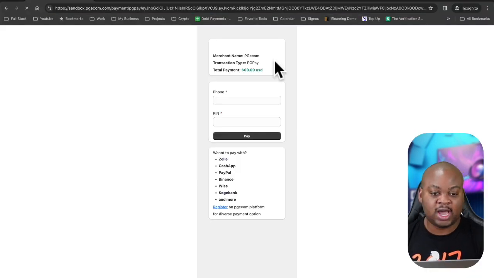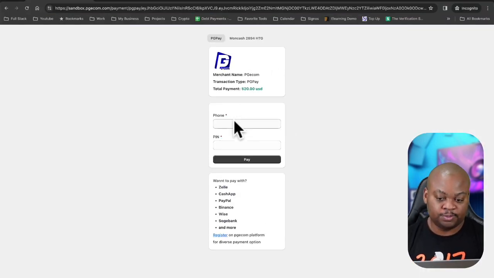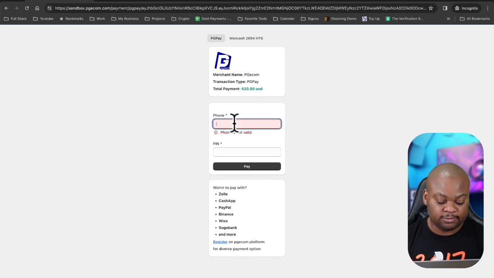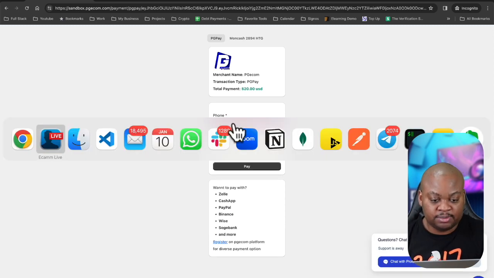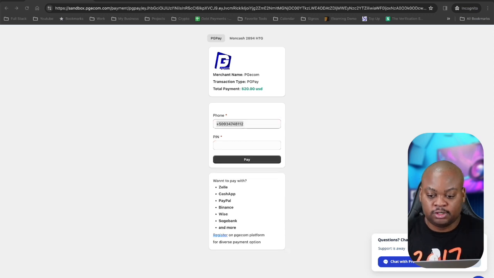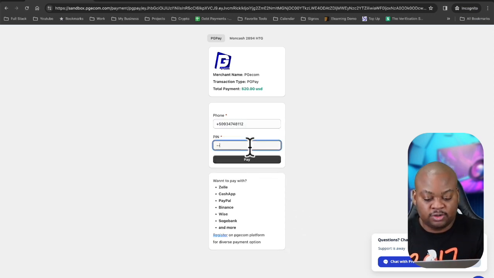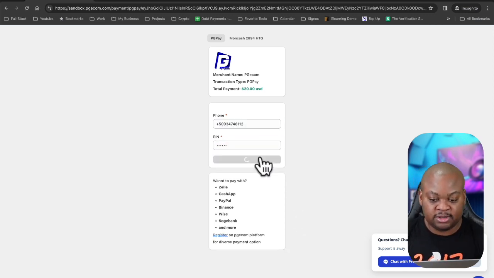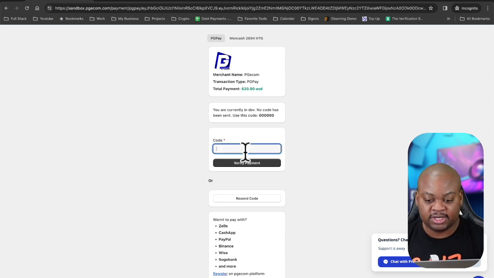I'm going to show you how a user in Haiti pays. If they are on our platform, all they got to do is enter their phone number. I'm going to go ahead and enter my phone number. So the user entered their phone number, and they're going to go ahead and enter their PIN. So I'm going to enter the PIN. What's going to happen is if you are in production, they're going to send them a code directly to the phone number, but because I'm in the test environment,